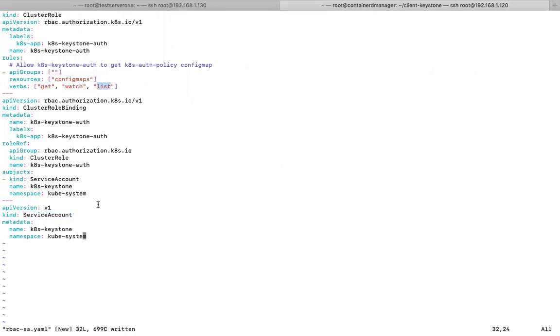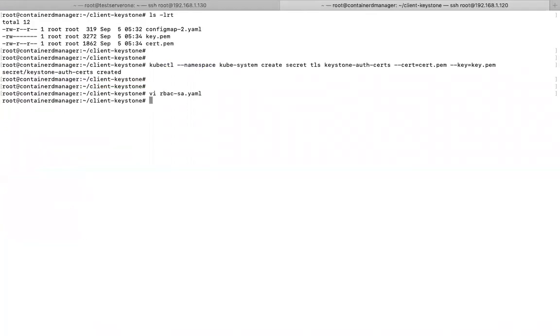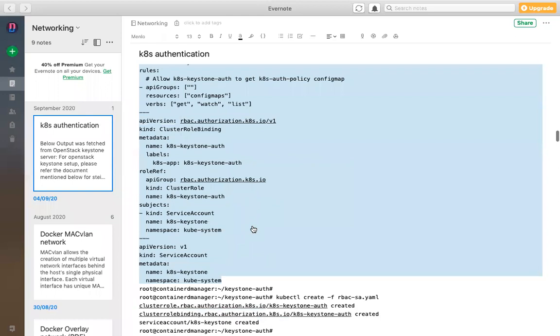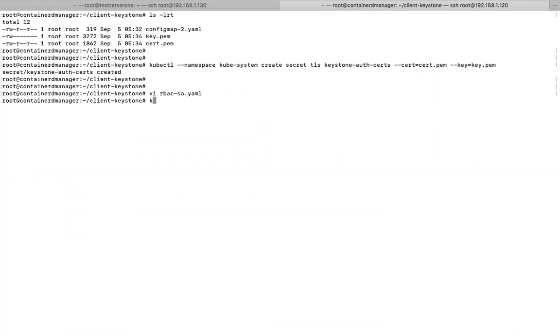So these are the permissions which we are giving for him. Whoever is using this particular service account will get this access. These are the actions which he can perform. Okay, so let's save this file and come out, and let's try to create this. So kubectl create -f RBAC.